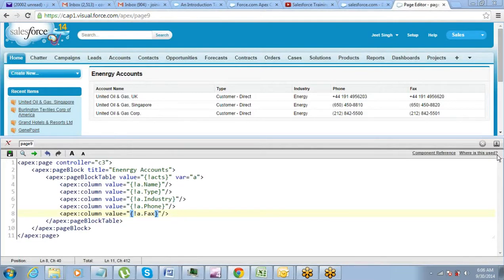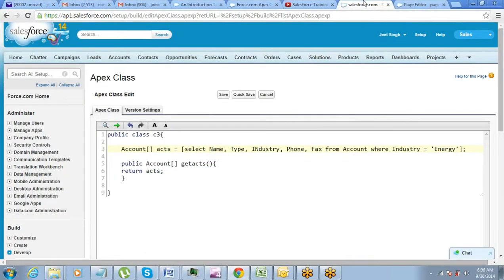Now the other thing that we plan to do here is, so far we have been using the get methods. Now we'll use a page reference method, another type of method. What is a page reference method? A page reference method basically does a page refresh kind of a thing. Okay.